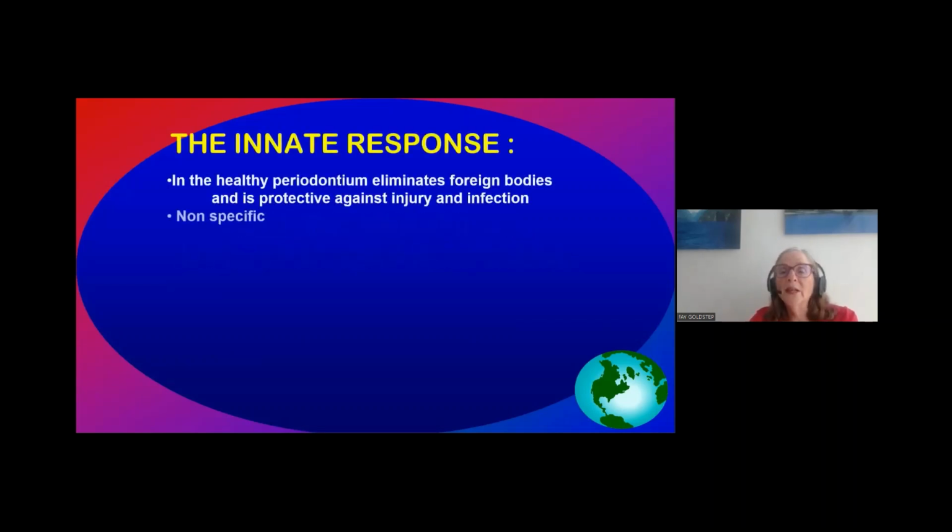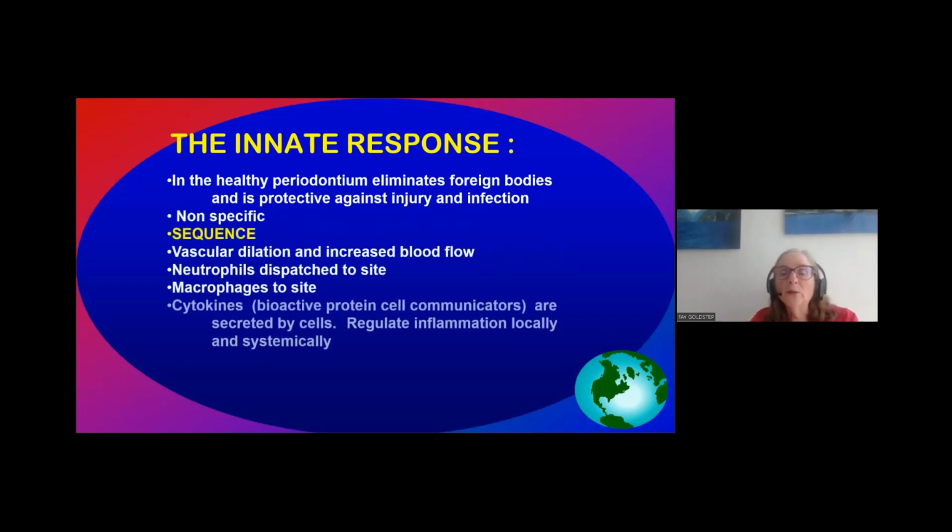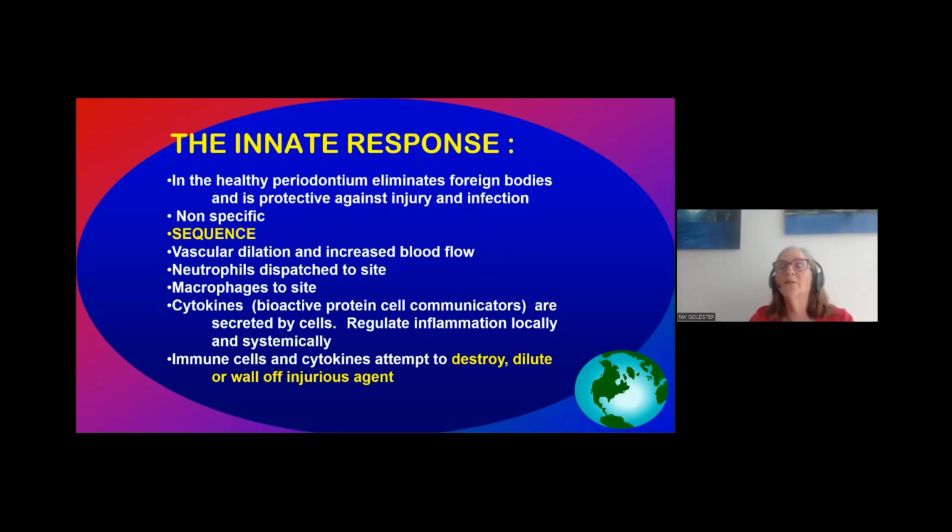So the innate response, the initial response in the healthy periodontium, is there to eliminate foreign bodies, and it's protective against injury and infection. It's nonspecific. The sequence is as follows. First, you have the blood rushing to that area with vascular dilation. That brings all the necessary equipment to stop the process. That is a lot of different cells, like neutrophils. Now, the word neutrophil is going to come back over and over as something that's going to be very important in this